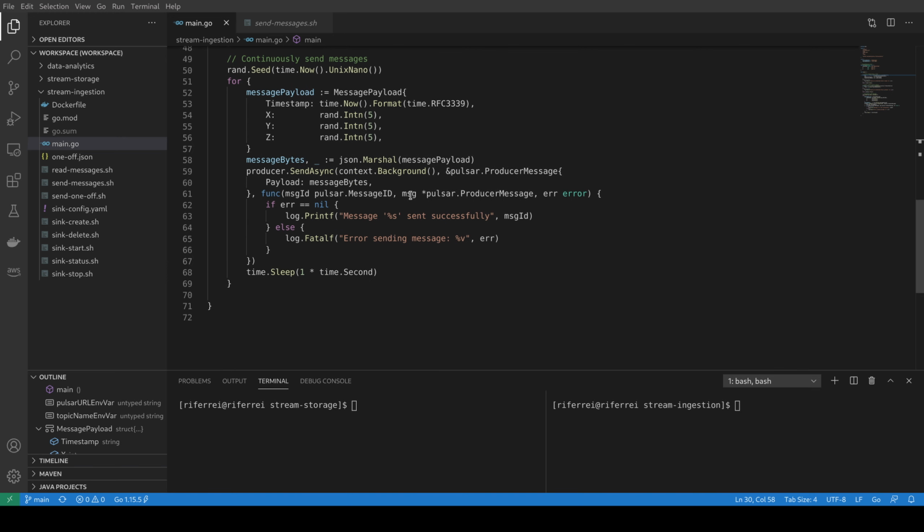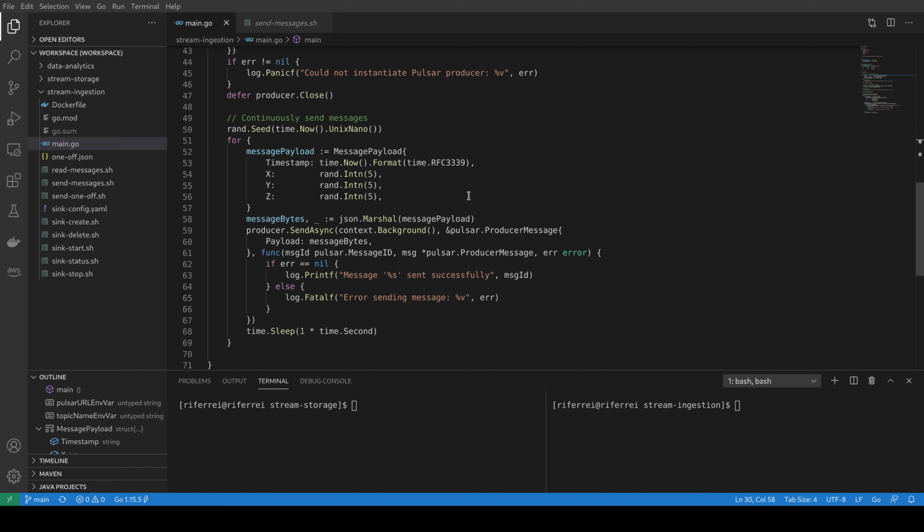The code continuously, in a forever loop, creates a simple message, serializes it into JSON and sends it to the topic asynchronously, which means that if everything goes well, this log message will be printed out, and if there are errors coming from this producer call, an error will be sent. So this is the logic that has to do with error handling while producing the messages.